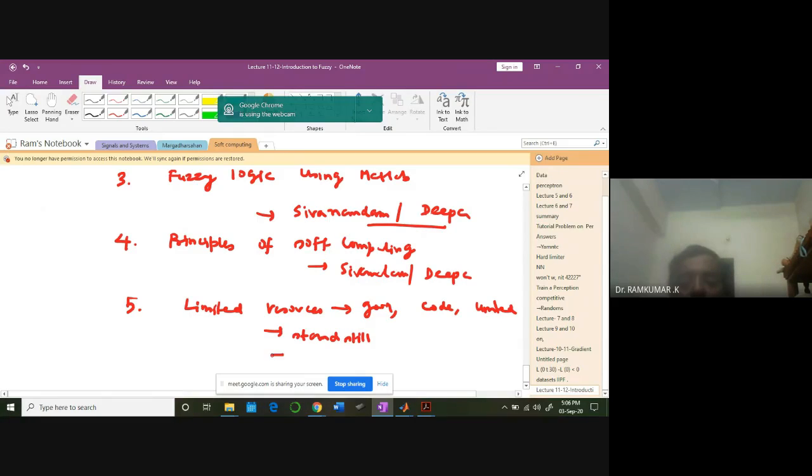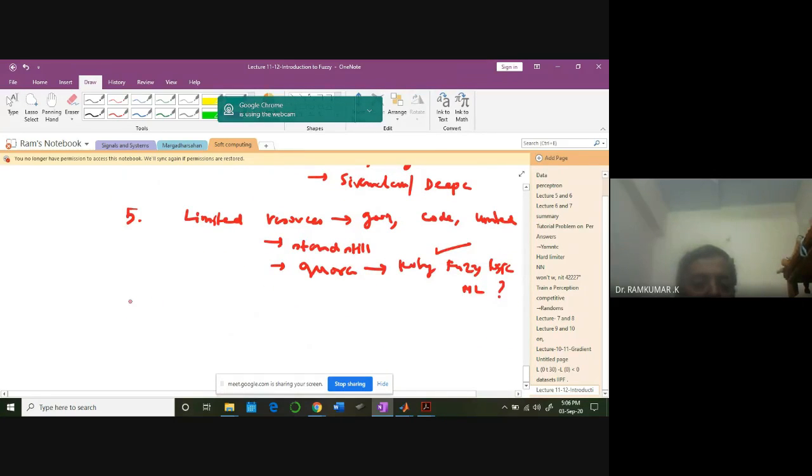Maybe you type in Google; there is a website called Quora. Maybe you type and check for an answer on why Fuzzy Logic, when compared to ML, is not really picking up. Maybe you'll get a lot of interesting answers. Completely, this domain is down nowadays. We set this syllabus around 10 years back, in 2010. But we are teaching it because there are some industrial applications where people are still using Fuzzy Logic.